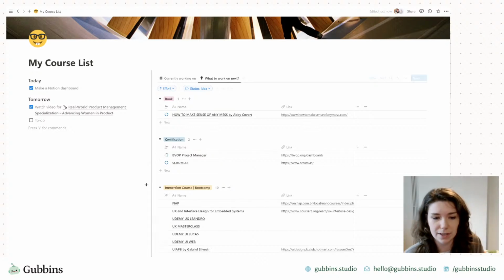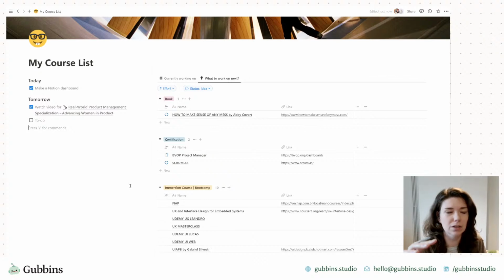I don't know. These are just ideas of ways that you can, because one thing that quite annoys me about the current, and this is just a personal opinion, is it's really easy to hoover in information. There are so many articles, so much content, so many videos and courses. It's really easy to hoover them all in, but then if you don't sort them and look after them and organize them, they just sit there and you don't work on them.